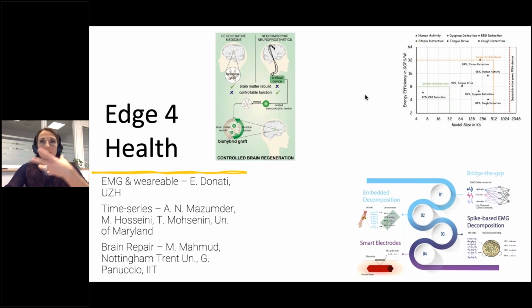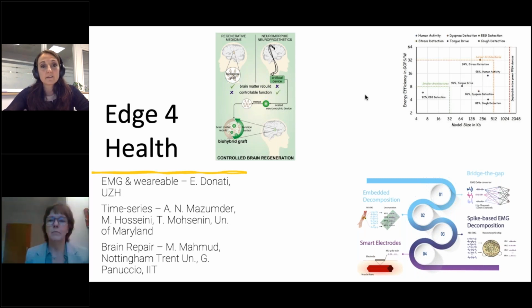So what I think is the take-home message of the application part is that people are using neuromorphic devices and computation to solve problems that cannot be easily solved with traditional computing. And these are problems where you need to process real data and produce a behavioral decision. And to do so, we need improvements both in the devices and in the computation so that we can deliver the systems that we have in mind.